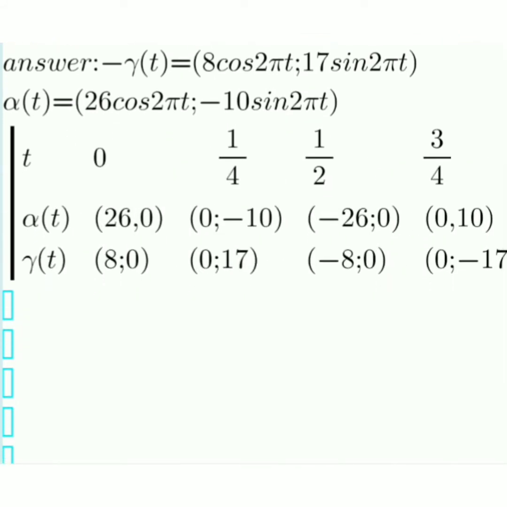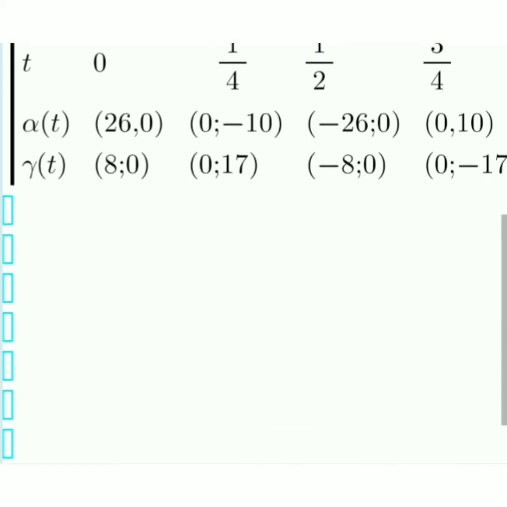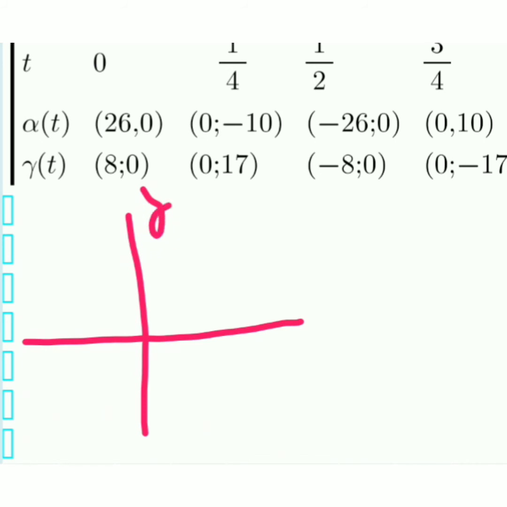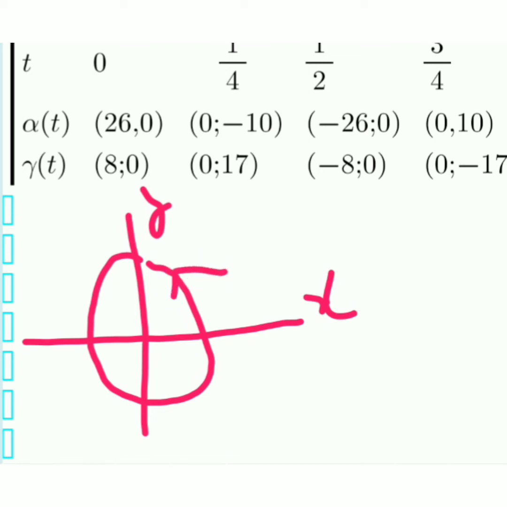I will find out my alpha(t) and gamma(t) and find out the path. Friends, the path is very important. At first I will show the path for alpha(t) and gamma(t). If I draw y and x, you see the path is an ellipse. This is a vertical ellipse, and another one is a vertical ellipse through (0, minus 17), and the motion is in this direction.